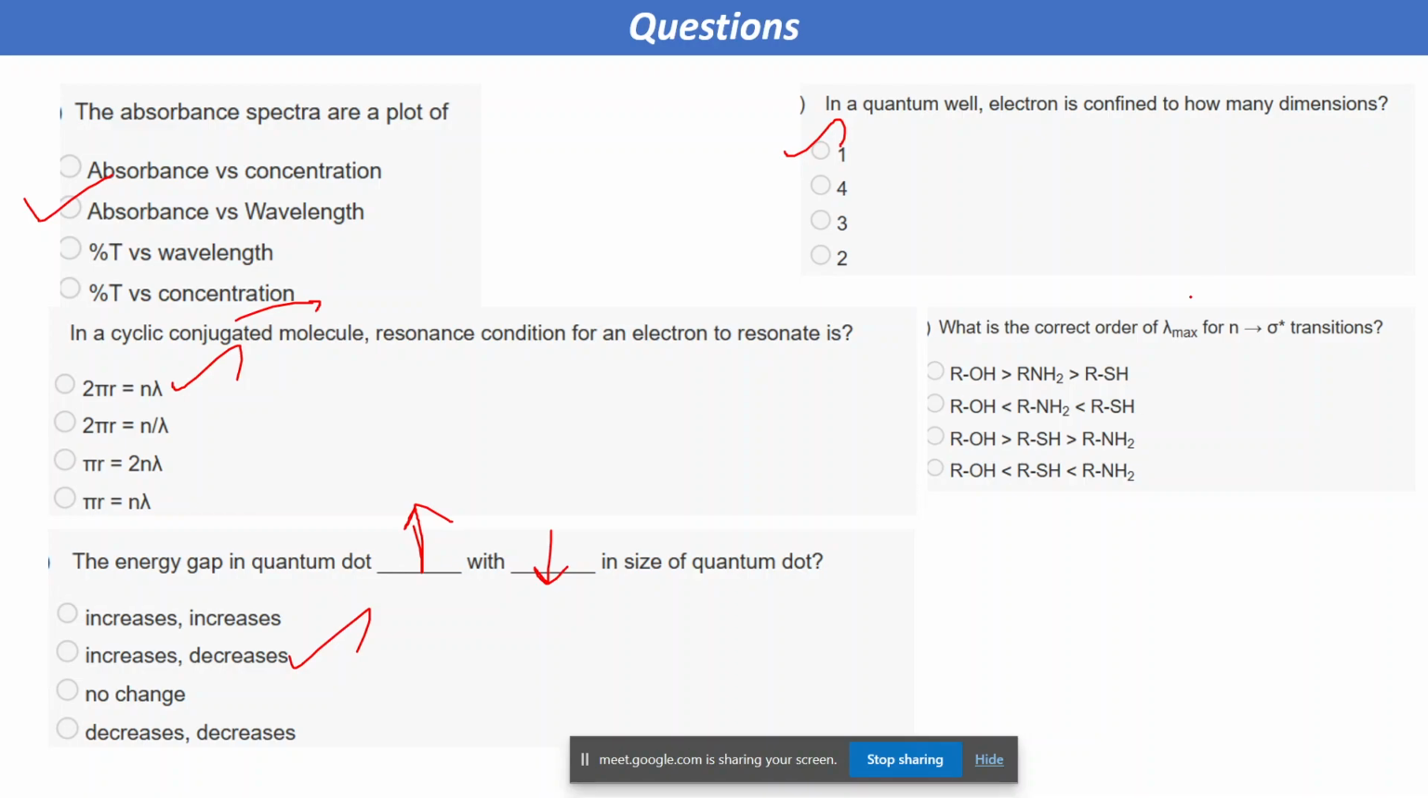Now, what will be the order of the lambda max for n to sigma star transitions? So you know what are the transitions involving